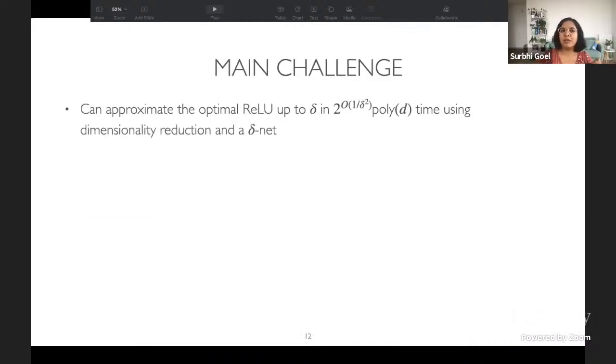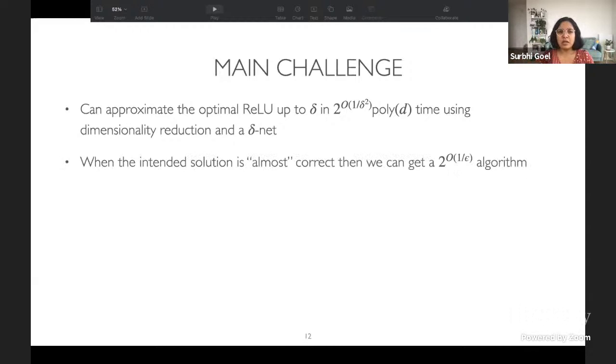So if we look at an optimal ReLU, and if you wanted to approximate it up to delta parameter, then we could do this argument that I was saying: approximate every weight with delta, you can make a delta net on the parameter space, and you can run in 2 to the order 1 by delta square poly d time by just selecting every particular parameter in this epsilon net and computing your loss and seeing which is the best loss. So when the intended solution is actually almost correct, like think of the realizable setting, when your actual label is from this,